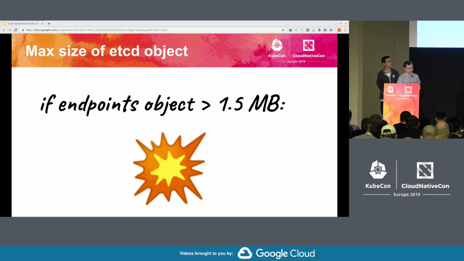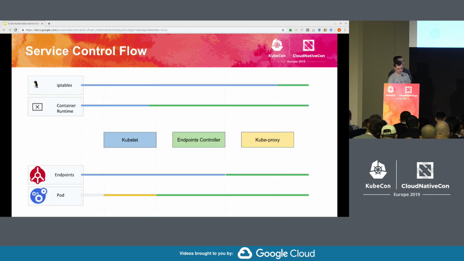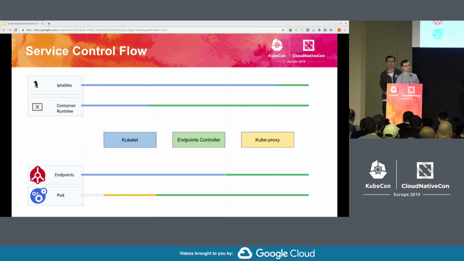So let's take a look at the second problem that I mentioned a couple of minutes ago. But before we get there, let's try to understand what the service workflow actually looks like. I will focus on the case where we add a pod to an already existing service, but all the other cases, like deleting a pod, are pretty analogous, so you will understand it. Let's say that there is already a service created, and we are creating a pod. The pod is picked up by the scheduler and scheduled.